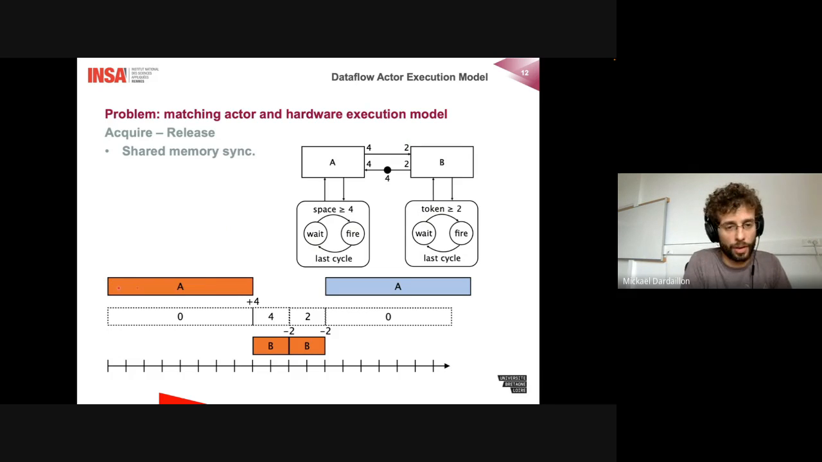It means that actor A is going to execute for a certain number of cycles, then we're going to have actor B. And if we have space for only 4 tokens inside this FIFO, we're going to wait until B has consumed all the tokens for A to execute again. So this model is